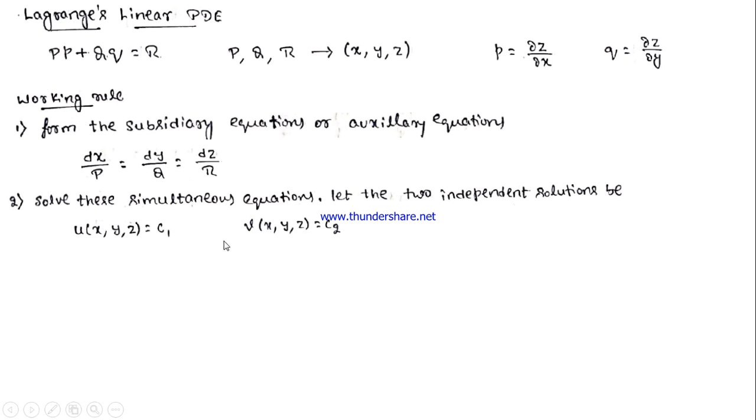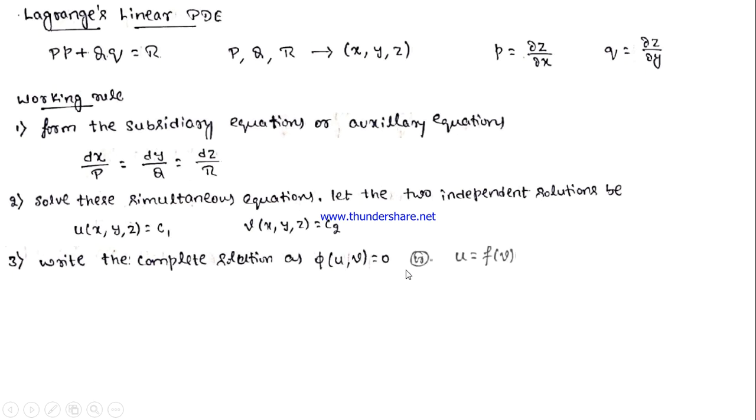Once it is done, you can write your complete solution as phi of u comma v equal to 0, and nothing is wrong if you write phi of v comma u equal to 0. Or you can also put this in one more form: u is equal to f of v, or v is equal to f of u. But sometimes it is not possible for us to find the values of u and v by using these three ratios. In that case, we extend our auxiliary equation by using the following property of